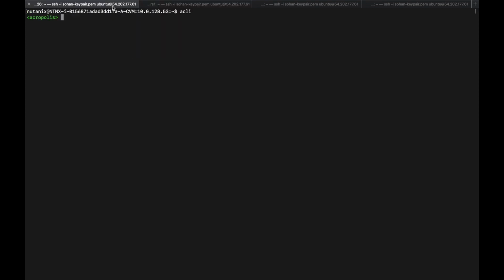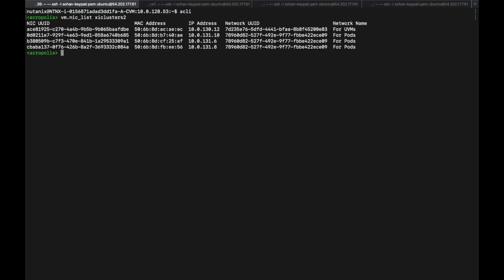So if we run the network list command, we see that the second node has these 4 IP addresses attached.